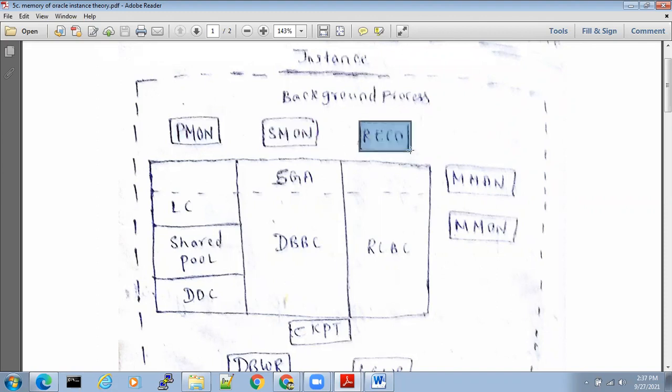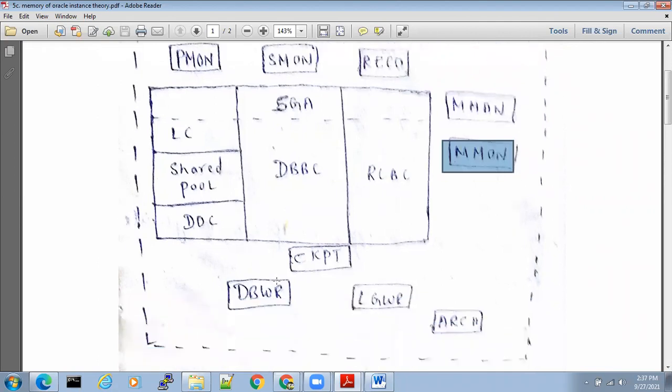Next is RECO, recovery. MMAN, memory manager. MMON, memory monitor. CKPT, checkpoint. DBWR, database writer.